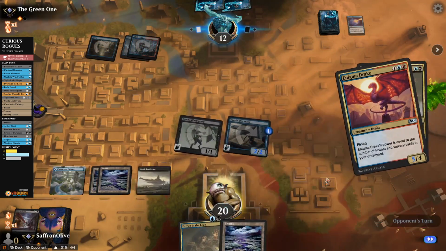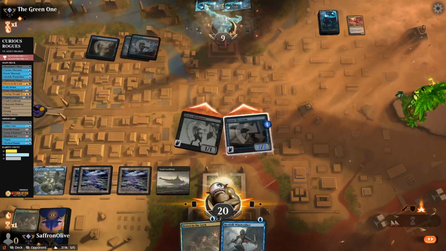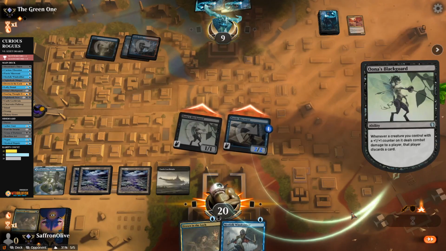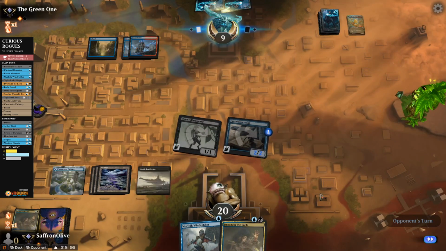Enigma Drake. Well, Drown in the Lock. Play a Swamp. Go to combat. Attack you. Make you discard. Down to 1 card in hand. And we're going to sit on Drown in the Lock because I'm not sure how we lose if we do. Another blue source would be nice so we could do 2 things, but...